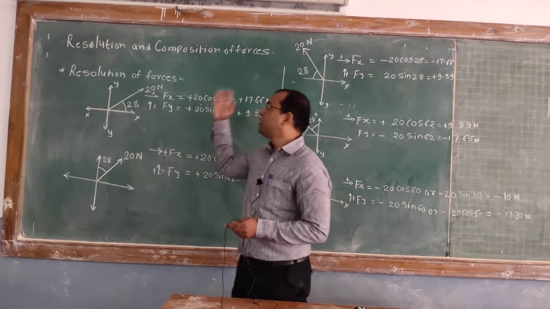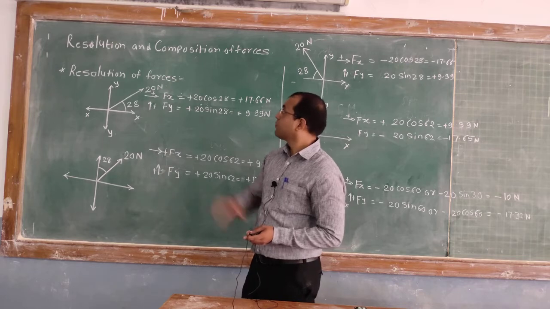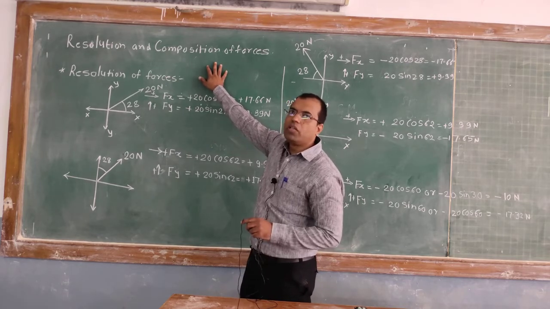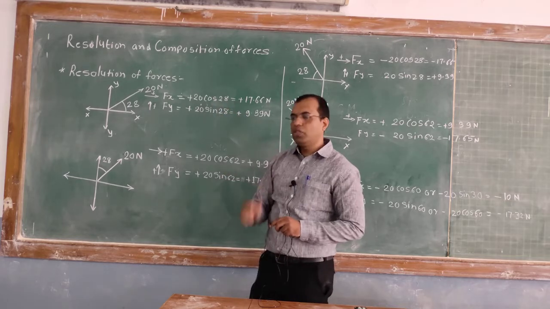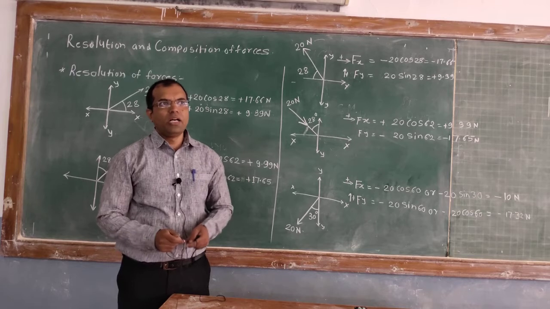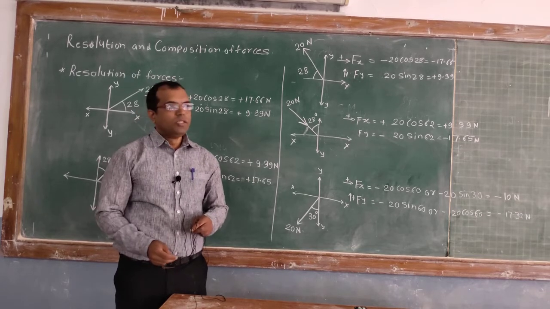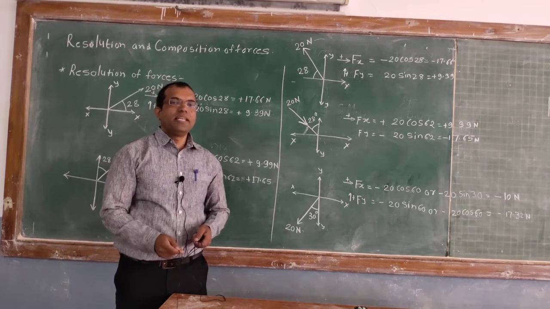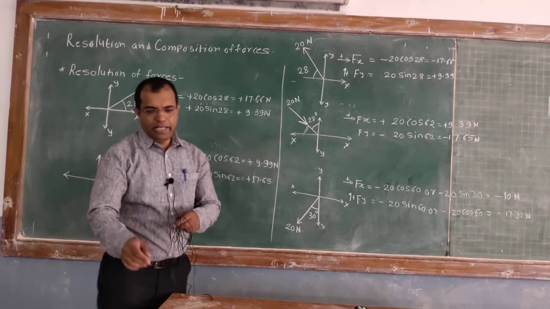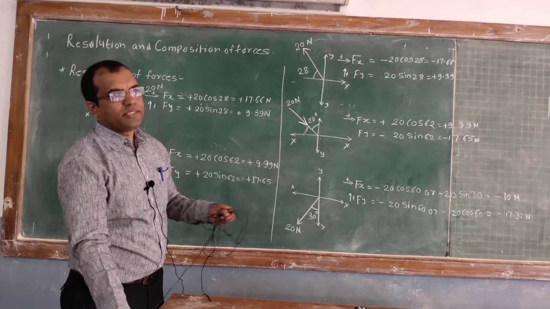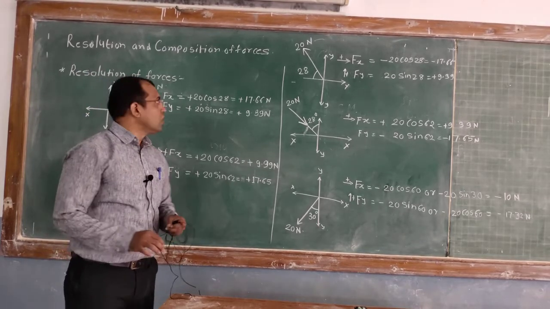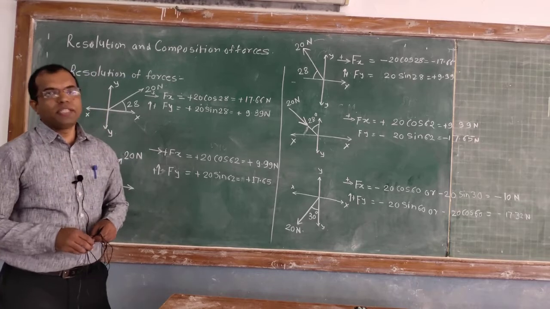That is one of the methods to find the resultant. Composition is a method to find the resultant from the system of forces. Which methods did we learn in the last lecture? We learned two graphical methods: the triangle law and the law of polygon of forces. These two graphical methods find the resultant of a system of forces.